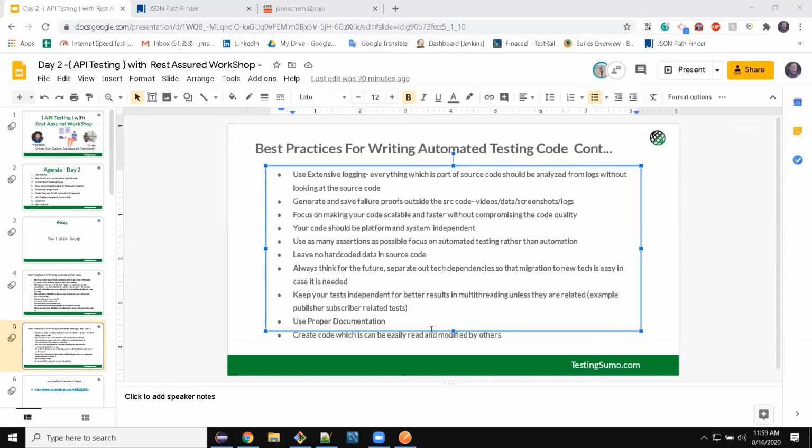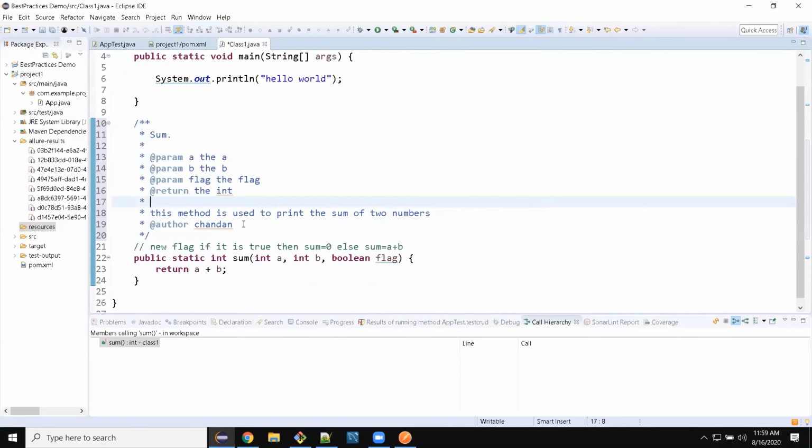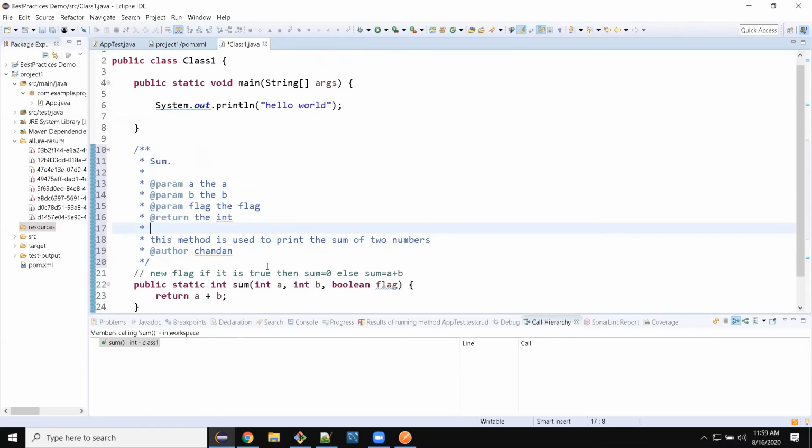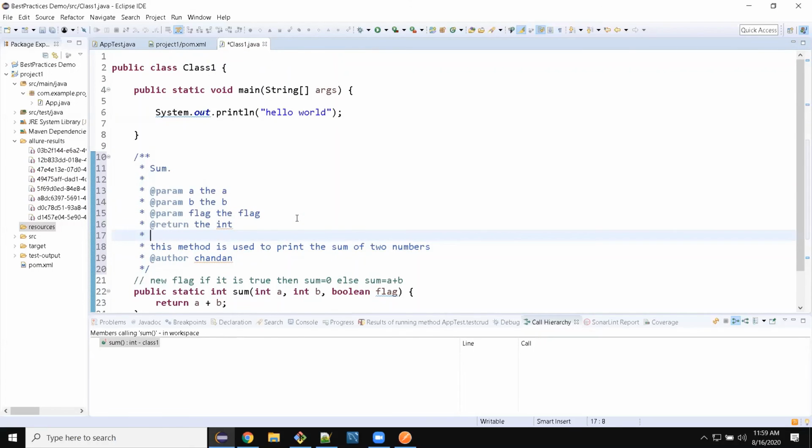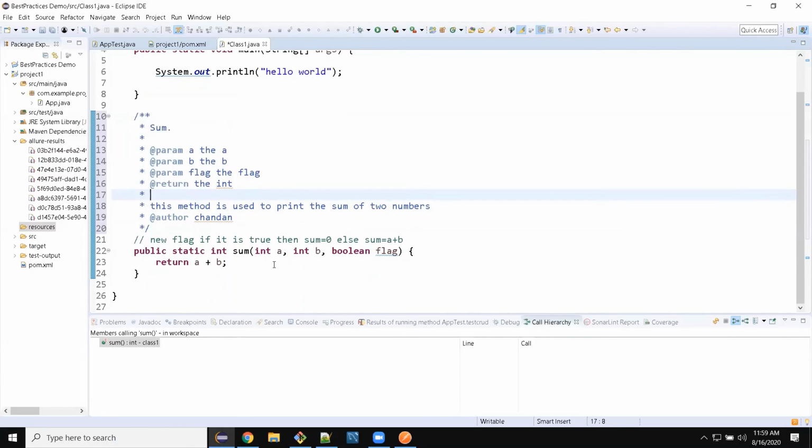Okay, so this is done, and then create code which can be easily read and modified by others. This is the problem I see with many automation testers, where they want to create complex code just to show that they have created a complex framework, especially in API automation. Rest Assured has a built-in given-when-then.